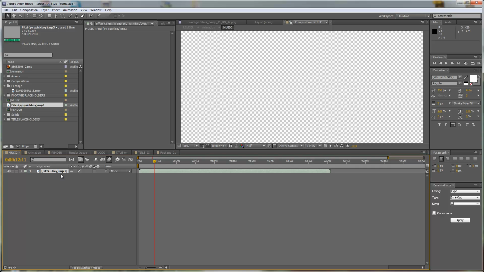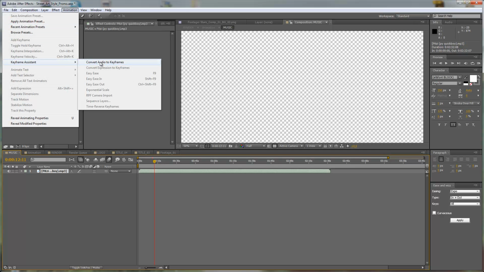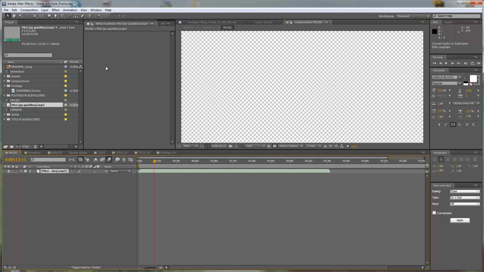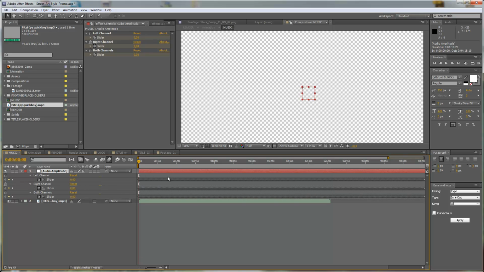And now I just want to drive my animation with this music. And this is actually pretty easy. You can create keyframes from audio, and we will use this feature now to get our animation going. So just select the music, and you can do this inside the music composition, it's no problem. Go to animation and go to keyframe assistant and say convert audio to keyframes. And then it will create a layer, and if you press U on your keyboard and reveal the keyframes, you will see that it made three lines